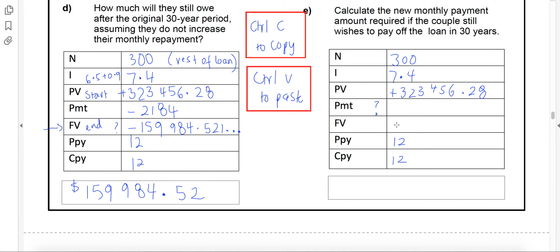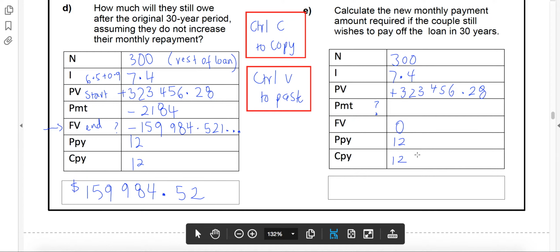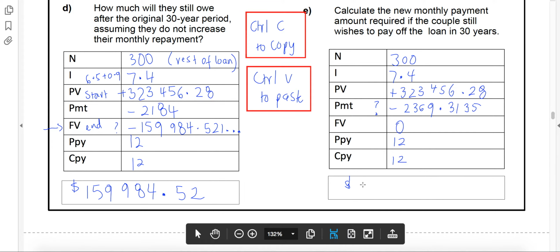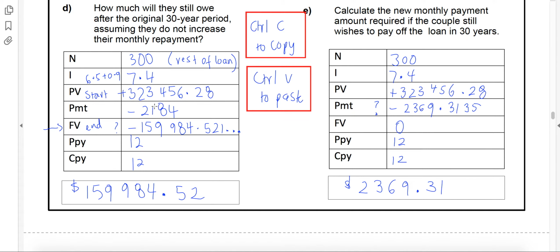And that has to happen if you are going to pay it off in that same time period. So when we do that, we will solve for payment. We get 2369.3135. We'll round that off, put our final answer at the bottom here, 2369.31. So as you can see, their payment went from 2,184 up to 2,369.31 per month. So just under $200 extra that this couple need to find to be able to cover their